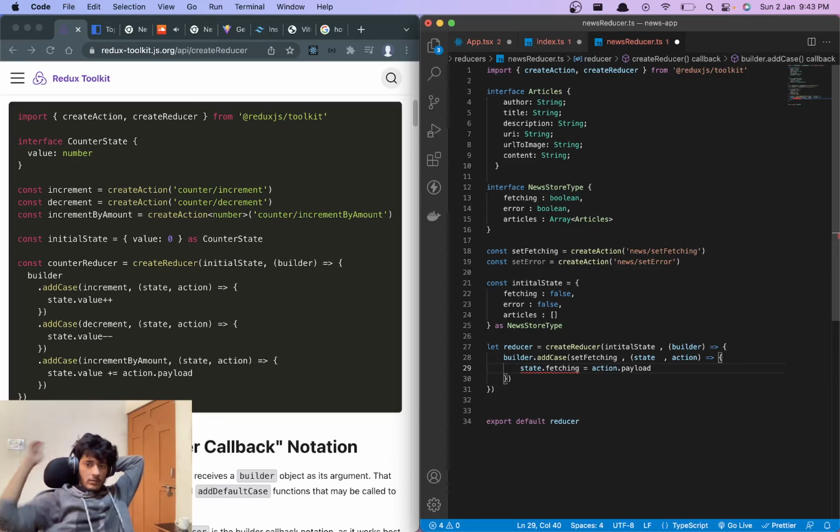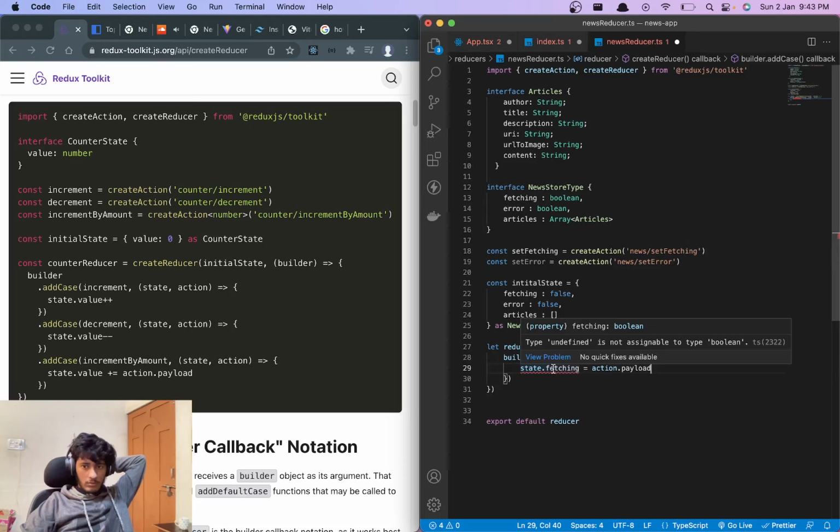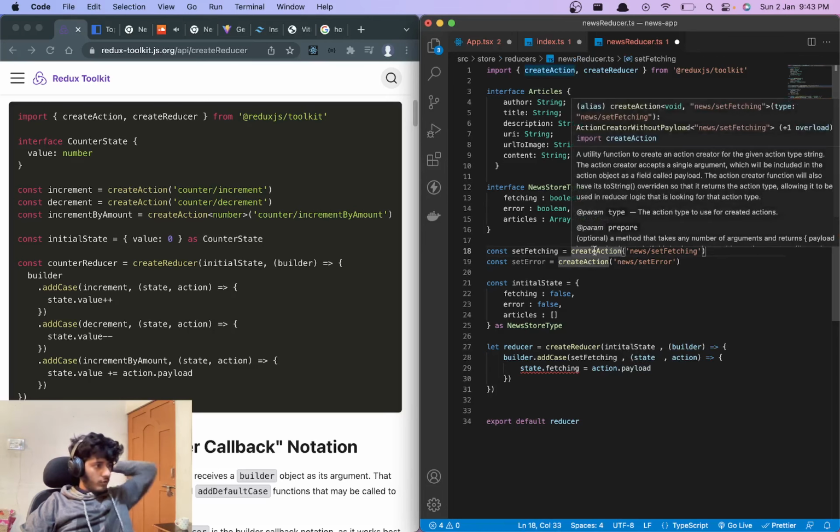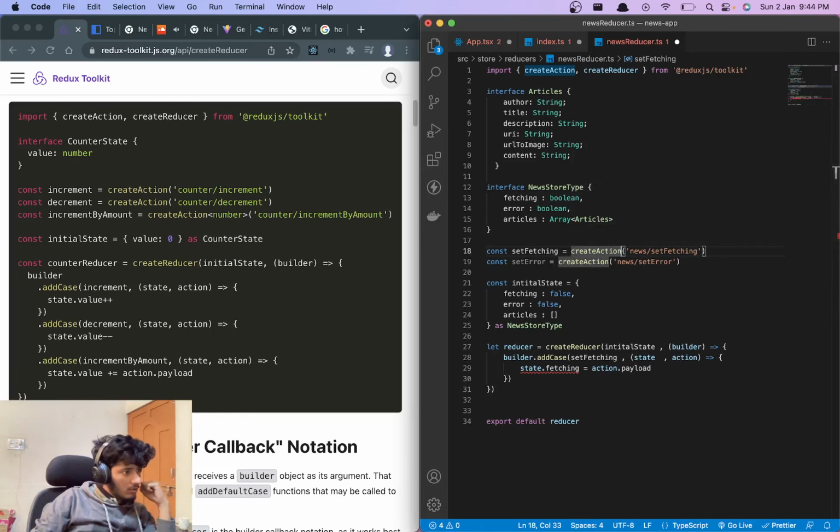Wait, why is that giving me an error? So undefined is not okay. How can I set a type of the okay?